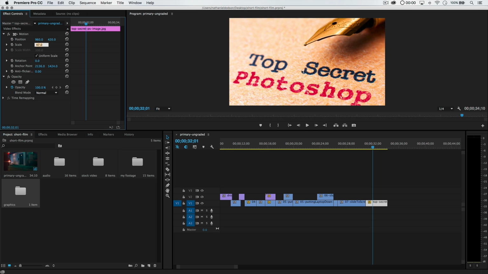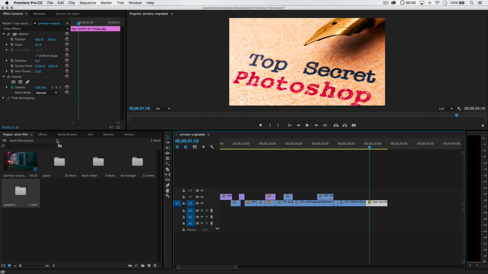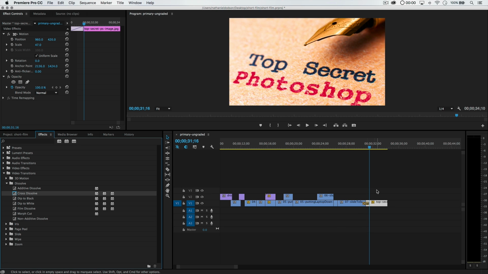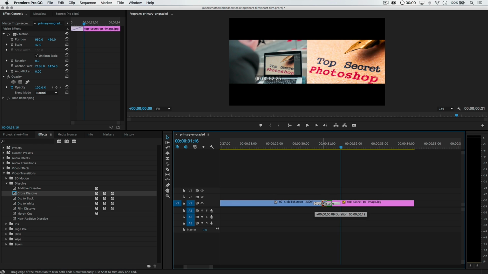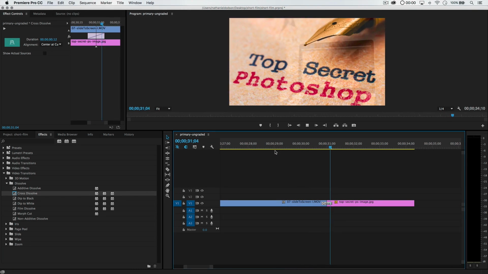And you can see that's pretty nice. So just top secret Photoshop, boom, the P is just being clipped a little bit, that's fine. And it's just going to go right from the screen, and then it would fade very quickly and sharply to that. So we'll go Effects, Video Transitions, Dissolve, Cross Dissolve, drop a Cross Dissolve right on the meeting of those two clips, and I'm going to just pinch the Cross Dissolve in. I want it to be very short and fast. So just bam, Cross Dissolve, and that's actually still too long. So let's make it even